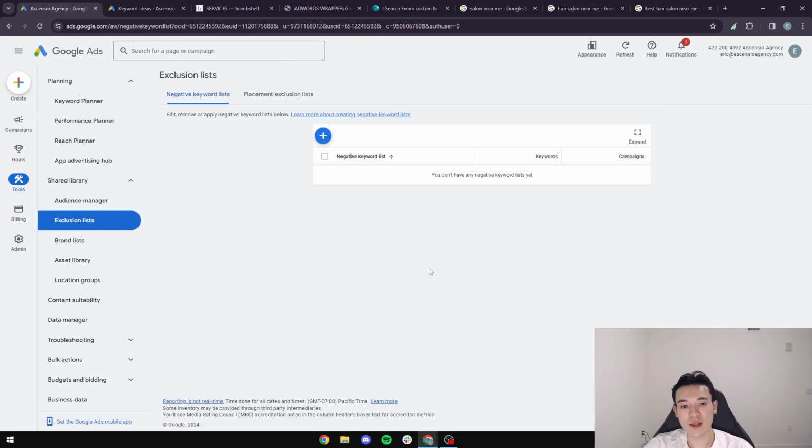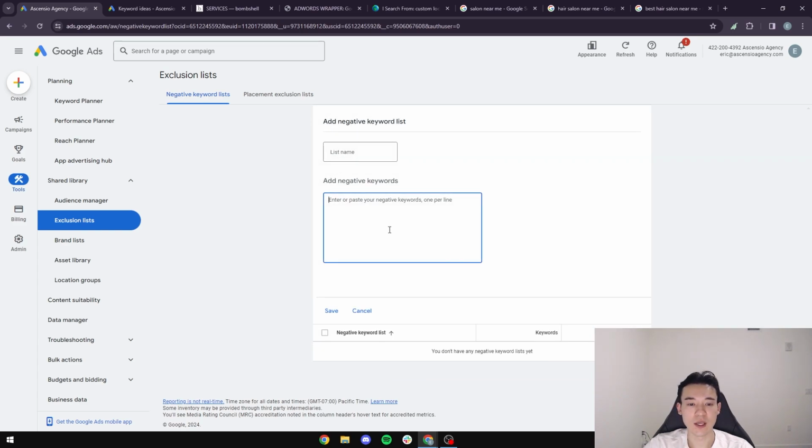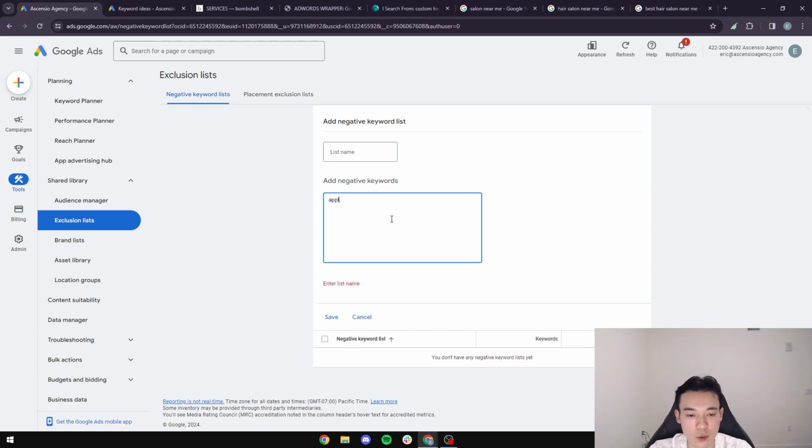The reason why this is important as well is having a negative keyword list, because the biggest thing when you are running Google Ads with negative keyword lists is that if someone searches, say for example, a keyword like hair salon near me, or maybe someone wants to apply for a job, where it's like, say for example, application, hiring, or let's just say